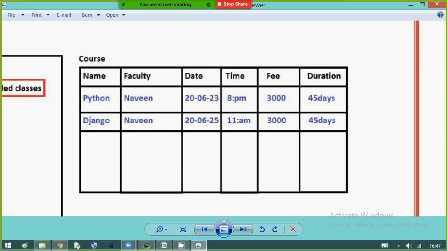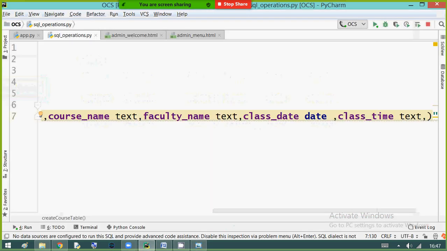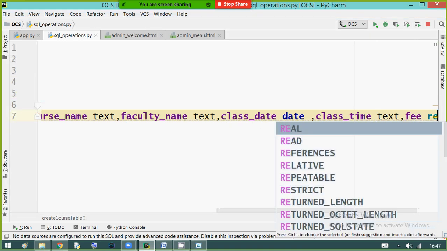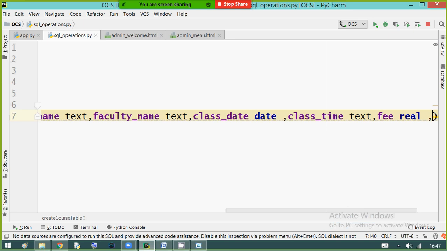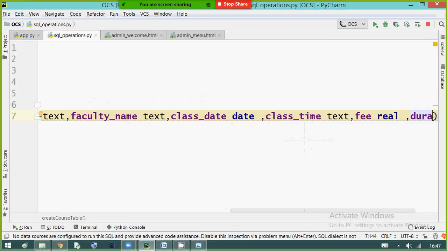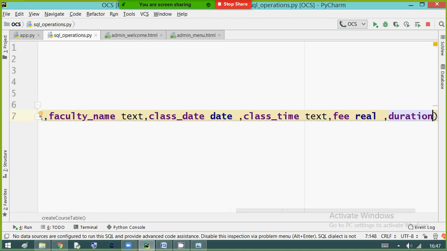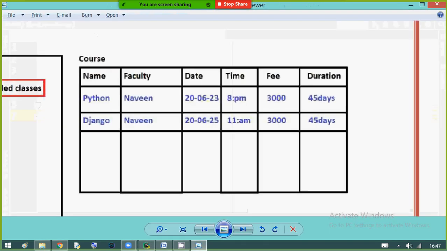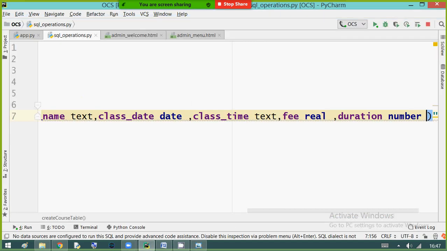That is the reason I am using text type. Next, coming to the fees. Course fees comes as real, float values. Duration is a number type like 45, 50, in days format.